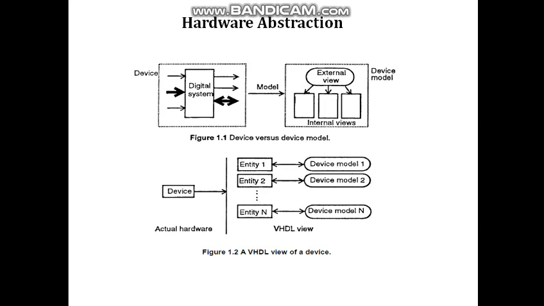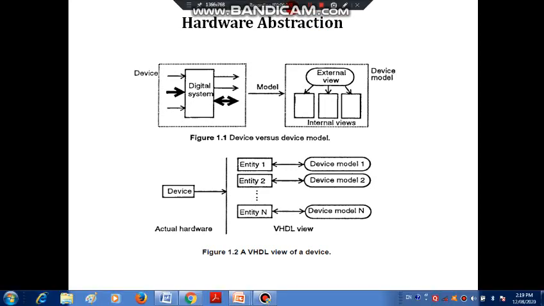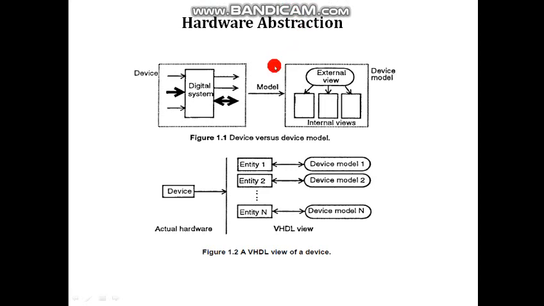In this way, the complete hardware abstraction of VHDL is done. Actually, the hardware abstraction shows the hardware structure of a VHDL program, that is, what this hardware structure contains. In this hardware structure there are some different devices, and these devices will be connected with a different device model.